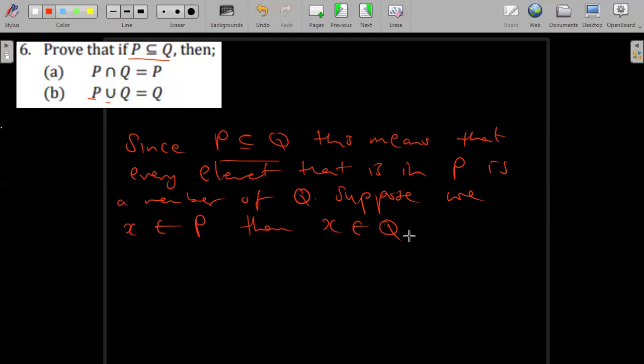Then if it's in both, I can see that the intersection of these two is just going to be X, because X is common to both. So thus, the intersection P intersection Q is going to be equal to X. But we said X is just any element, any arbitrary element. So since X is any arbitrary element,